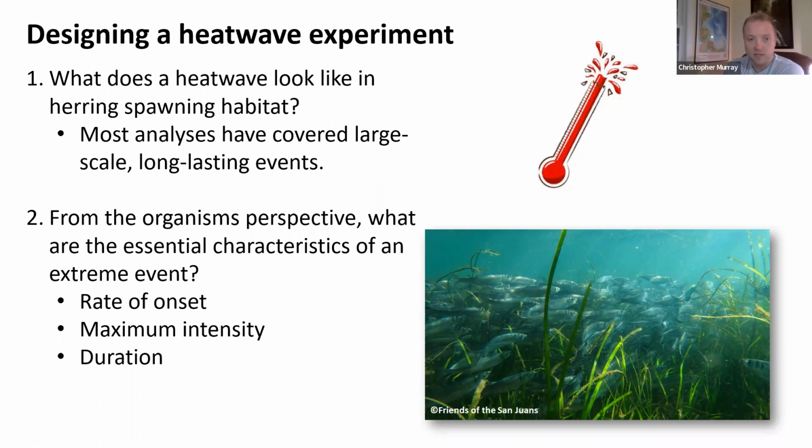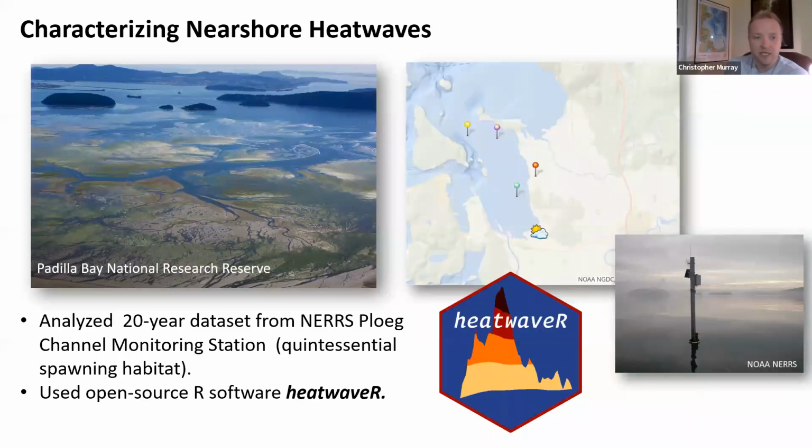These are, from the organism's perspective, key characteristics, but from an experimental biologist perspective like myself, we didn't really have an understanding of what these even look like in the nearshore environments to even set up an experiment to test these things. And this is also complicated by the fact that most studies on marine heat waves take the angle of exploring these across sort of huge regional events that occur over the course of months. So not the type of nearshore heat waves that I'm mostly thinking of with respect to herring reproduction. So what that meant is that we needed to dig into some observational data to actually understand what a heat wave looked like in a nearshore environment.